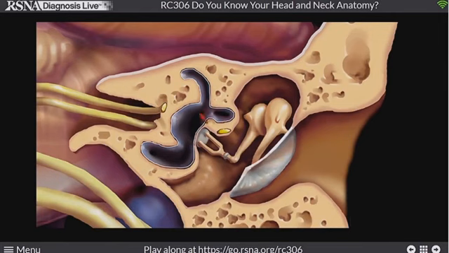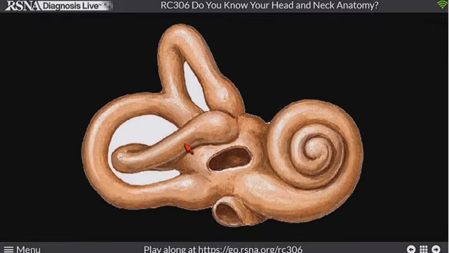So in the coronal view, we want to see a nice duck head on every CT. Again, on every axial CT, we want to see a good ice cream cone. On every coronal CT, we want to see a good duck head. Head of the duck is a vestibule, beak is a lateral semicircular canal, and the neck is going down to the basal turn of the cochlea. That's important anatomy, and there's a big range of incomplete partitions and dysplasias as well as hypoplasia that can happen to those inner ear structures.